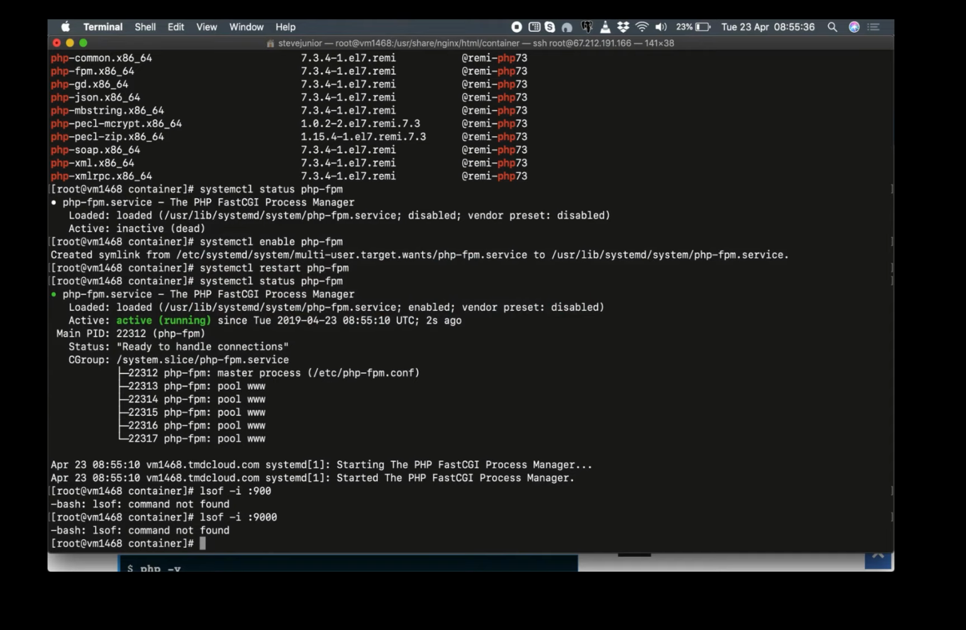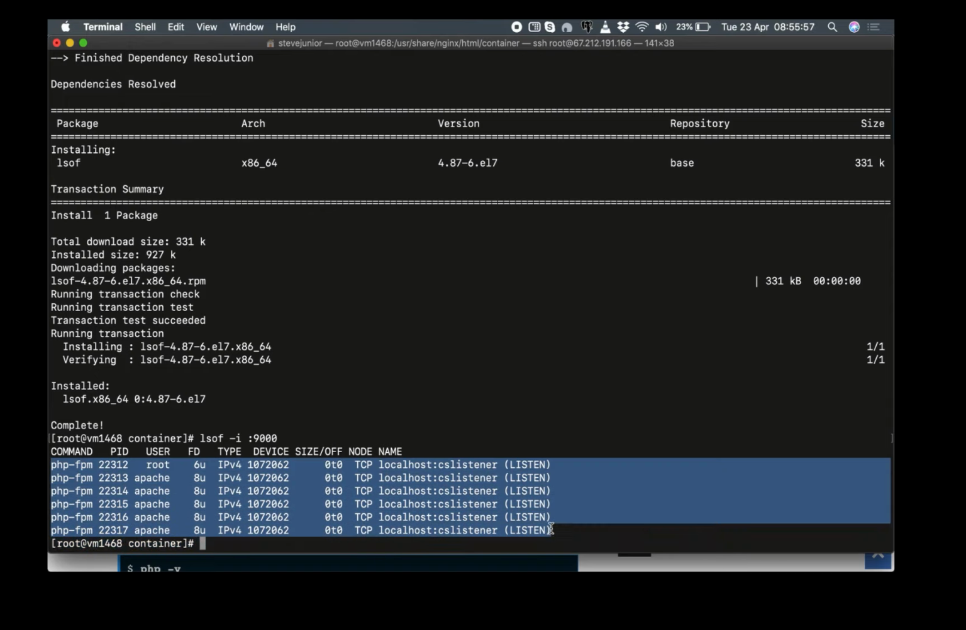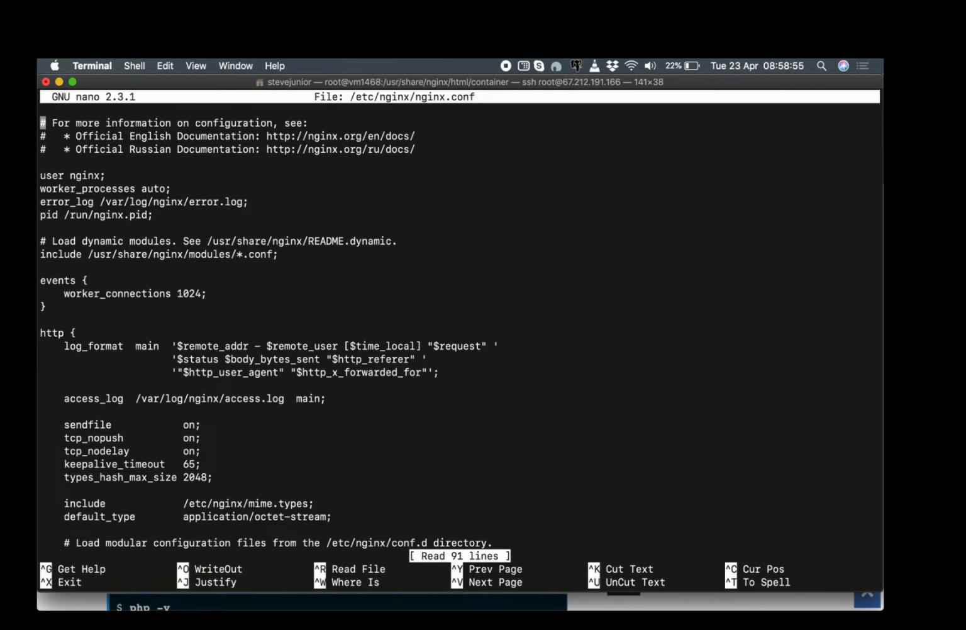On checking the port, I need to use this command lsof. Let me grab it quickly and rerun the command again. Now you see it running up on port 9000. If you do lsof -i, then you put a colon, then you put the port there, you will see whatever application is running on the port. So back to